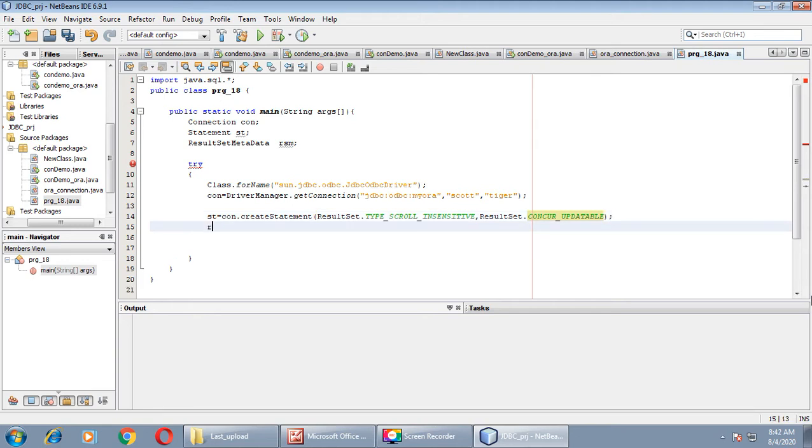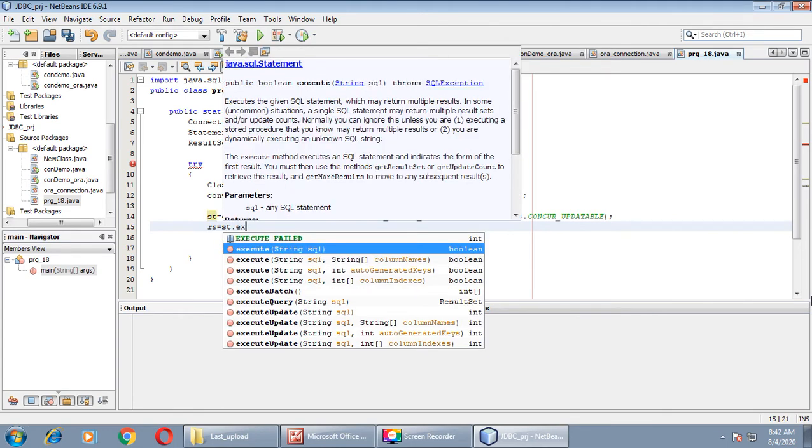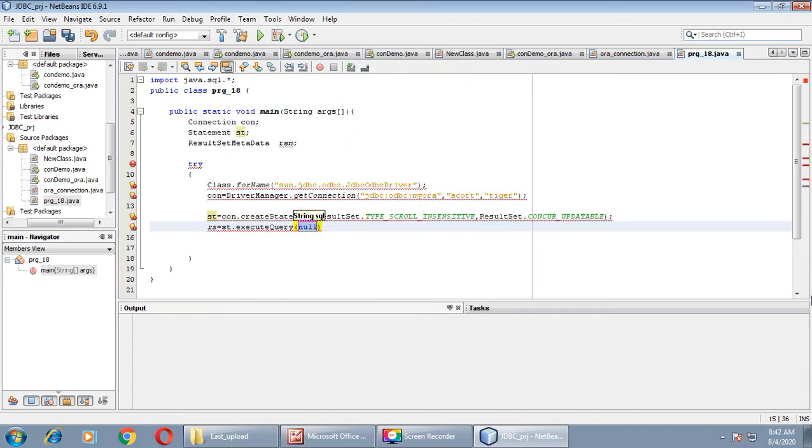rs equals st.executeQuery. Here the query is select star from MyTab2, fine, and semicolon.